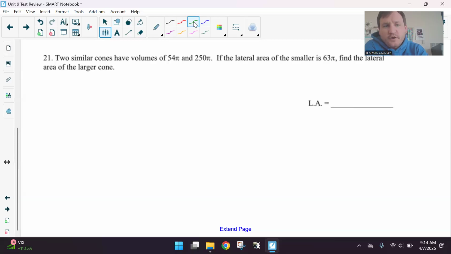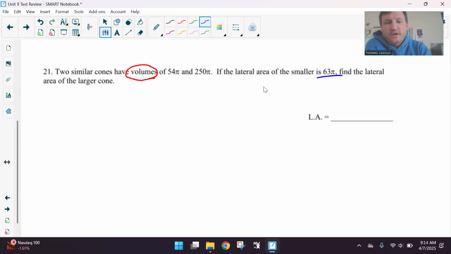All right, two similar cones have volumes of 54 pi and 250 pi. If the lateral area of the smaller one is 63 pi, they want us to find the lateral area of the larger cone. So we'd think these are volumes. So volume is a cubic unit. All right. So if I kind of look at this cubic unit,